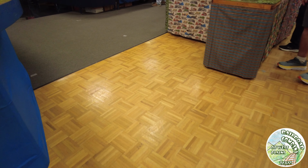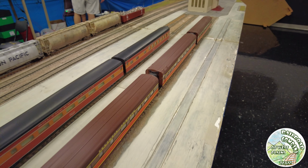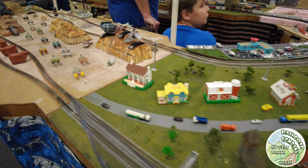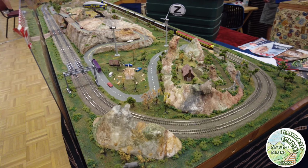I wanted to get that information that you just saw, but it's a fairly small show, but you've got to start somewhere, and I'm glad that I was able to go to this show with it being their first one. Here's the Z scale layout, by the way. But I'm glad I was able to go for the first one, because